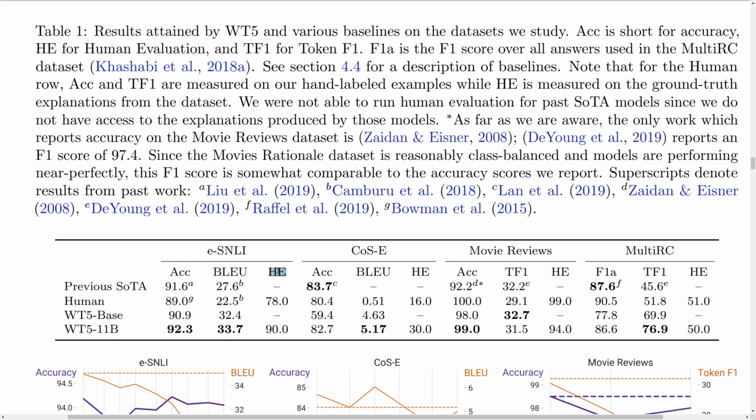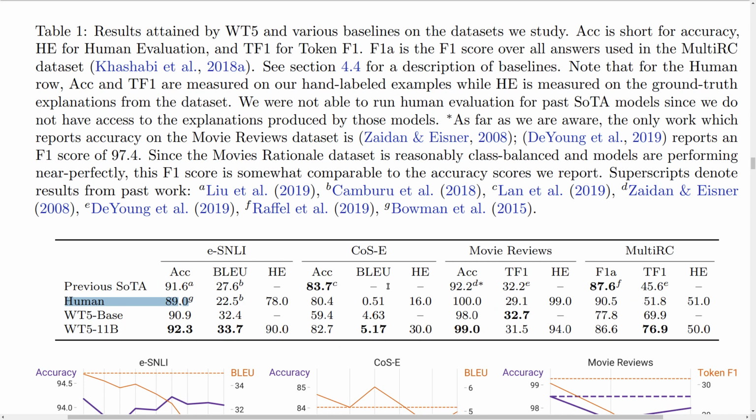And we also have some human evaluation scores of the quality of the explanations for the human-generated explanations, as well as for the big WT5 model. So what are the results? It seems that the WT5 base and the big one in particular outperform the previous state-of-the-art, as well as even the human-generated explanations